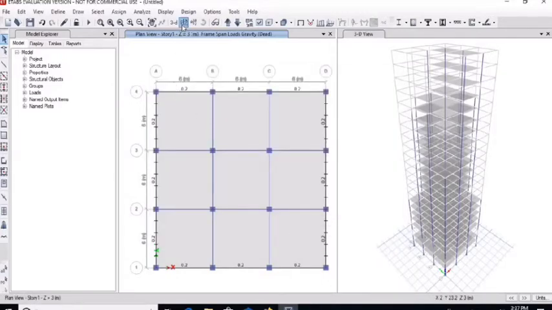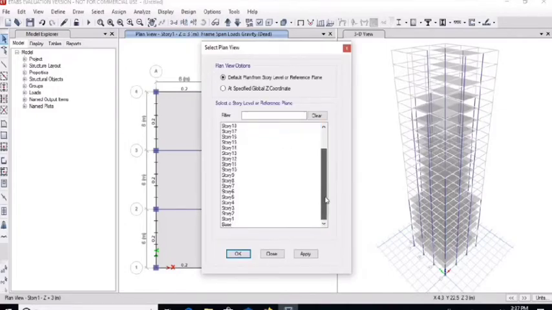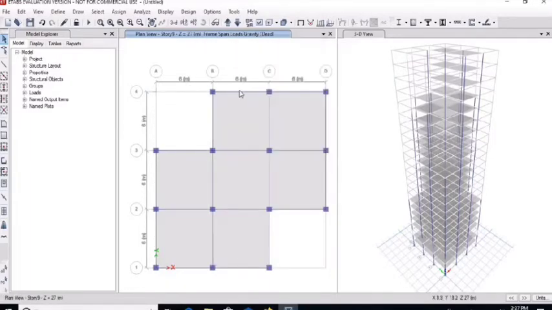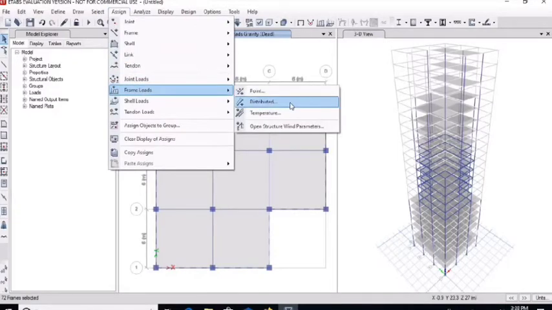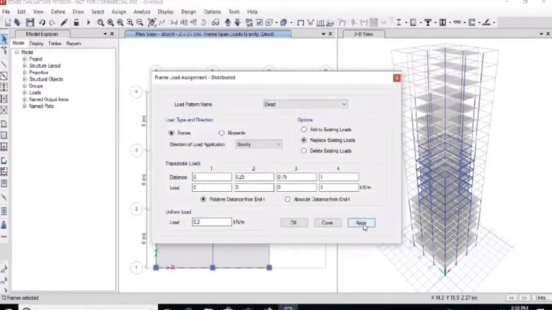Then go to the story number 9. Select outer beams. Then go to the assign menu, frame loads, distributed and apply 0.2 kilonewton per meter load.